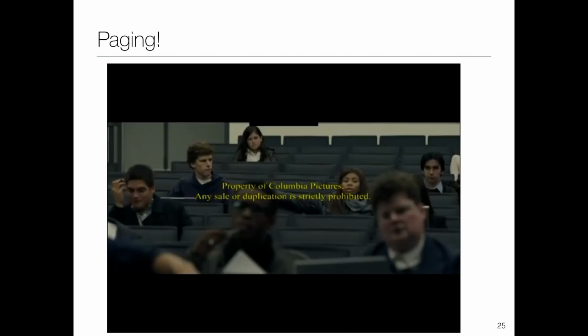Page tables have been studied for a long time. This is a picturization of Harvard, I guess. And I don't know, maybe it was Professor Matt Welch who was teaching the course. Mark Zuckerberg is sitting there, someone is passing him some sheet of paper, which is censored for this class.